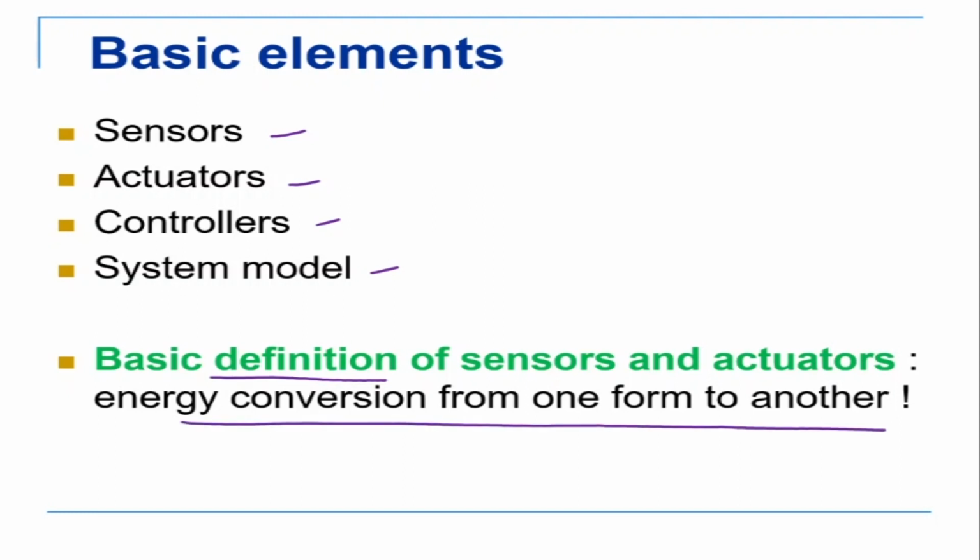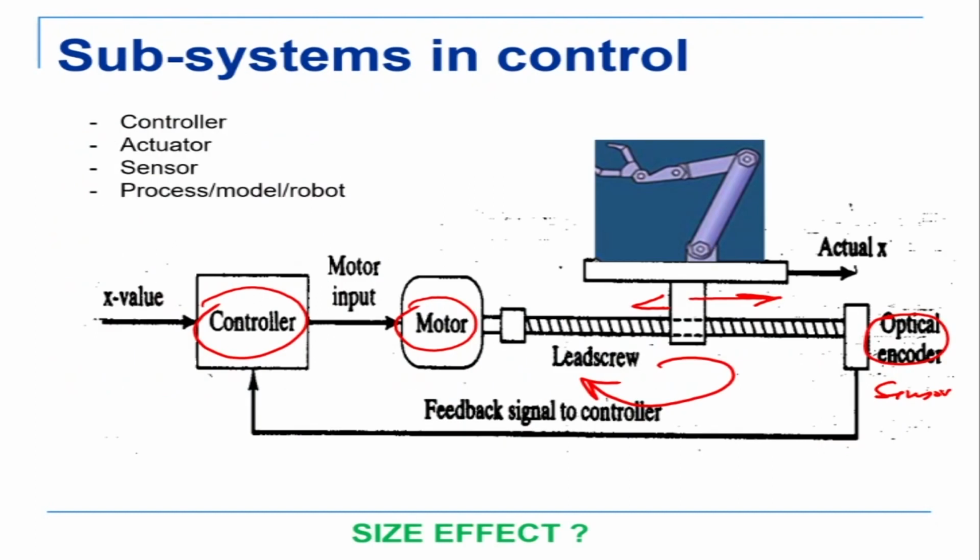And I gave the example that in this motor, the controller gives a voltage signal to the motor, and the motor rotates, so there is a conversion of electrical energy to mechanical energy. So in an electric motor, we have conversion of electrical energy to mechanical energy, and when it is converted to mechanical energy, the